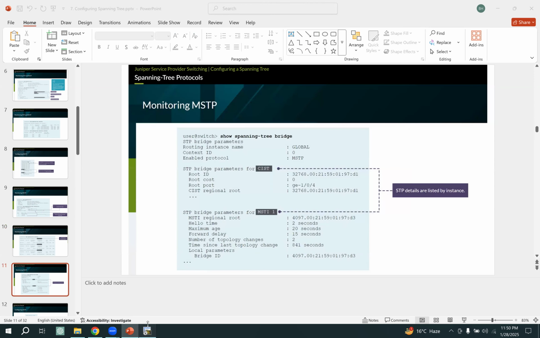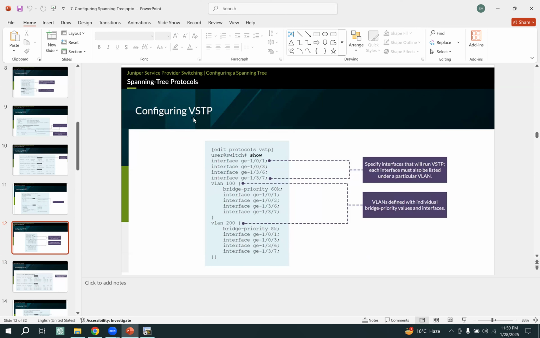Show spanning-tree interface, we're already checking this one. So last one, BSTP. If you want to configure the BSTP, go to edit protocol BSTP and add the connected interface and set the VLAN ID. See here, 1367. Just set here the VLAN ID and under this VLAN ID set the interface. So this BSTP